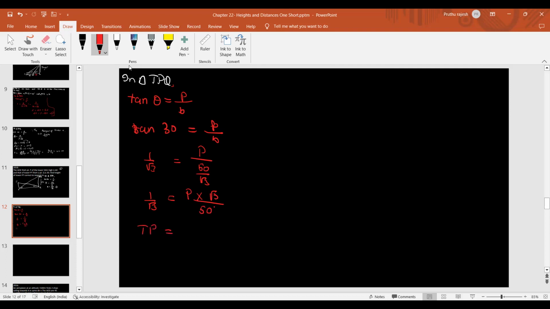TP equal to, or perpendicular, sorry. Perpendicular equal to 50 divided by √3 into √3. So here we have to rationalize the denominators, or else the calculation will become much harder to solve. So 50 divided by √3 into √3 is 3. So the value of perpendicular is equal to